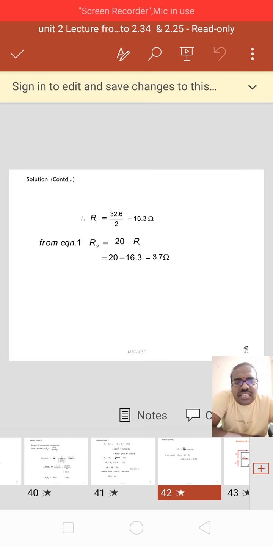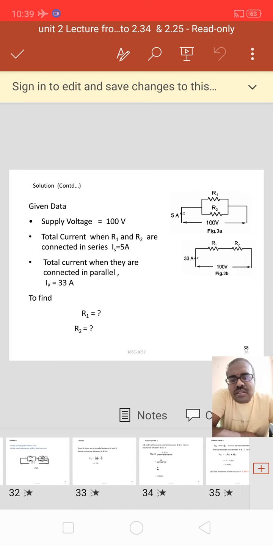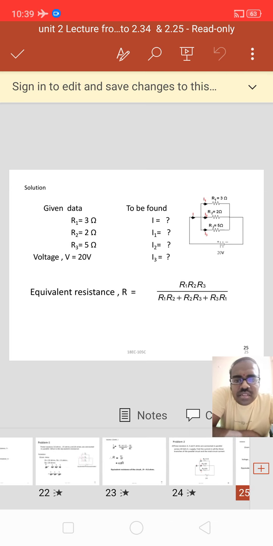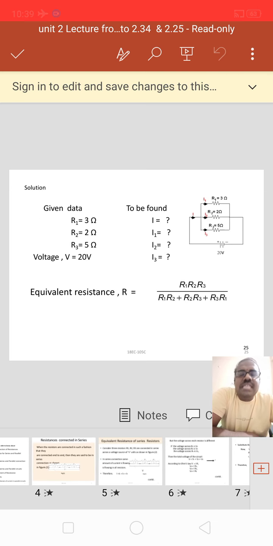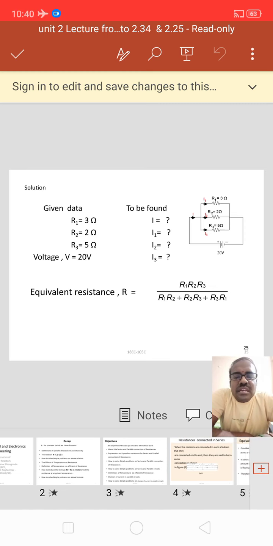Okay, here it is a typical problem. Once you go through it, it is simple. Okay, these are the concepts regarding the series and parallel connection of resistance as well as the division of current in parallel circuits also. It is an important topic. If you have any doubt, please go through this lecture.